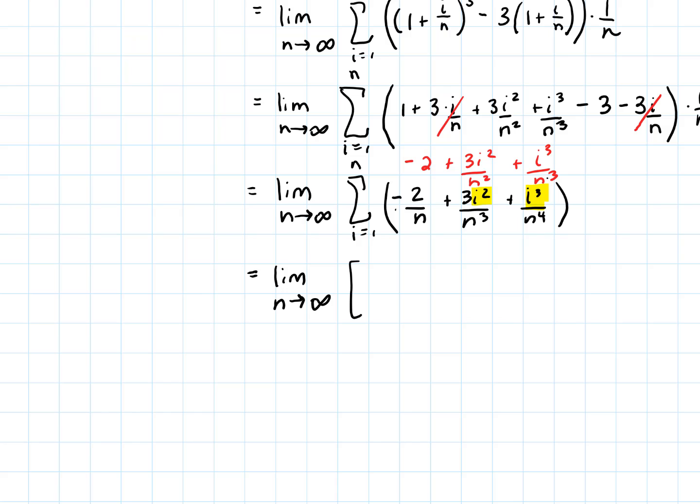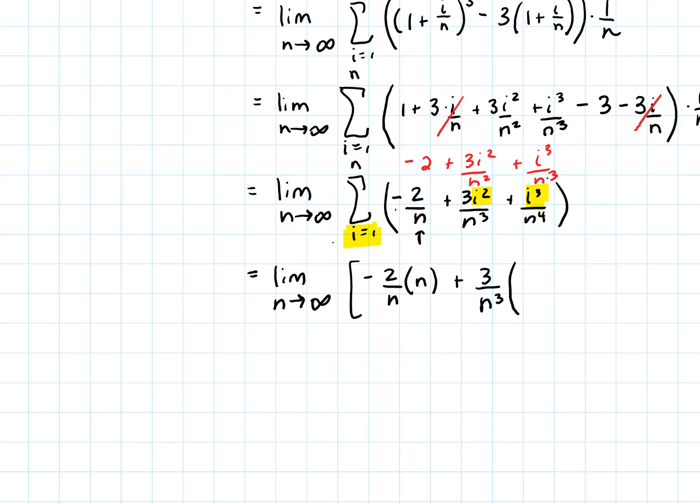So the constant minus 2 over n, and minus 2 over n, by the way, is a constant because we are indexed in terms of i. n is a constant, so it's a fixed constant. The limit, we're going to take the limit as n changes, but it is a fixed constant in the summation. So this is going to be minus 2 over n times n, because that's a constant, plus 3n cubed times,